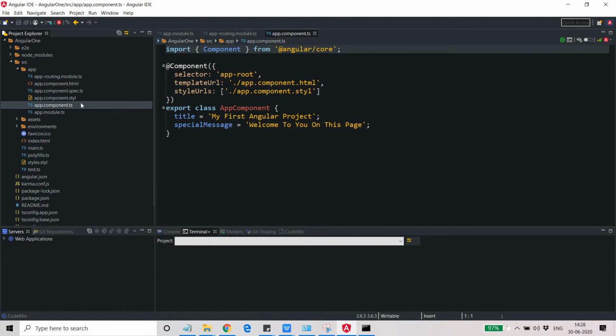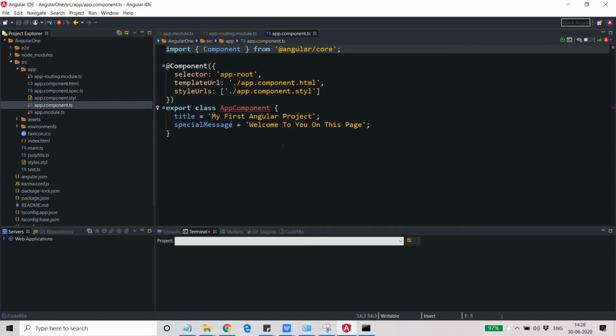So this one is the main file which controls all those things which are displayed on your screen. It controls all those actions which are taken by the user, like if the user clicks any button or takes any action on any of the controls on your browser window, right?